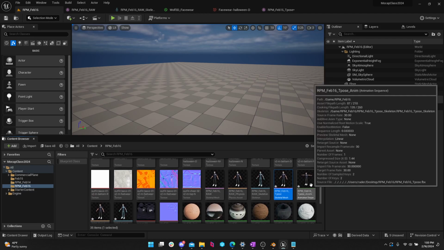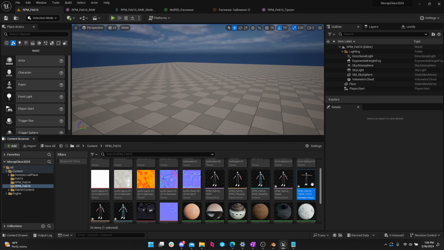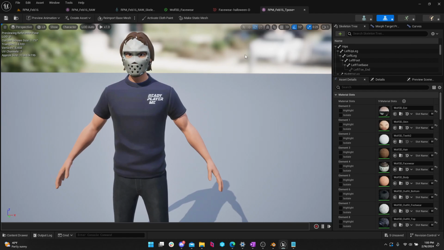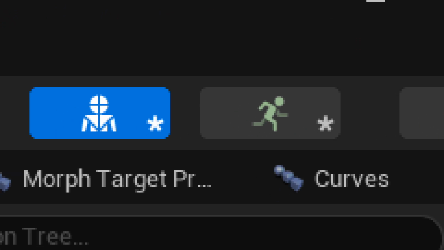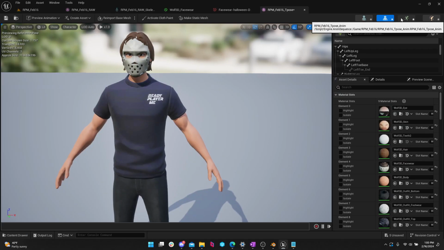I also have an animation in here that's a T-pose, but that's not super important right now for us. If I double click on my T-pose mesh, I have a new tab up top now. I have 4 of them. Remember before there was only 3. The green running person there, that is the animations tab. If you click on that,